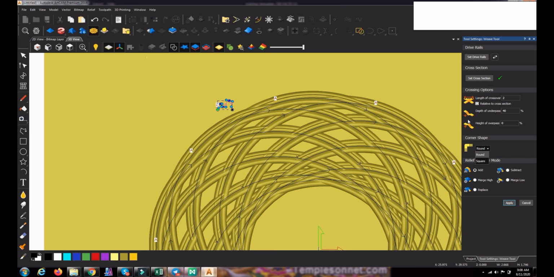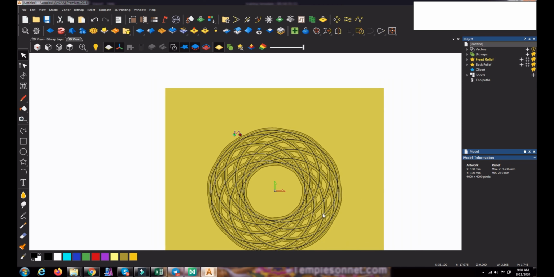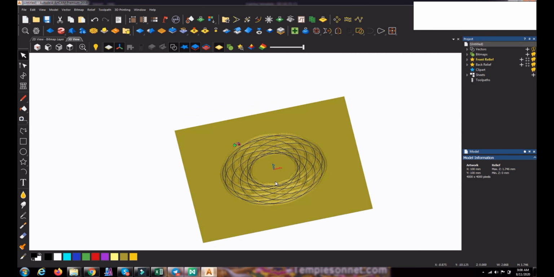These are all fine tuning only, but generally if you look at the weave command, it is just like that. We require two items: a set of drive rails and one cross section. Then if you apply it, you will get this kind of design.